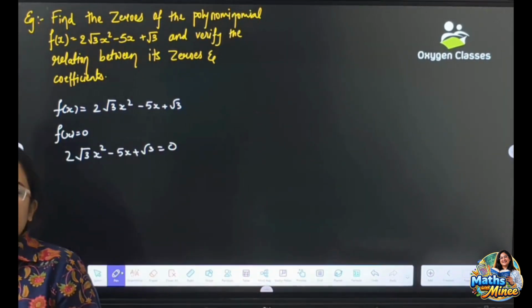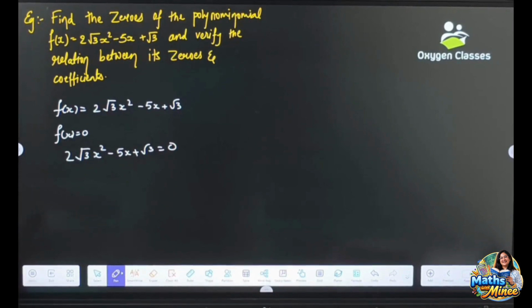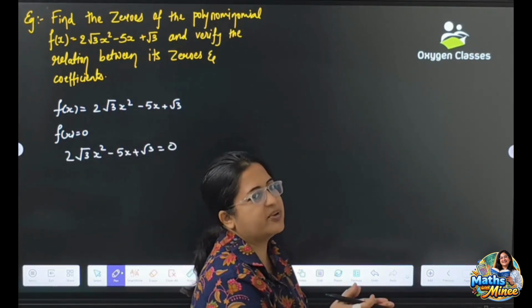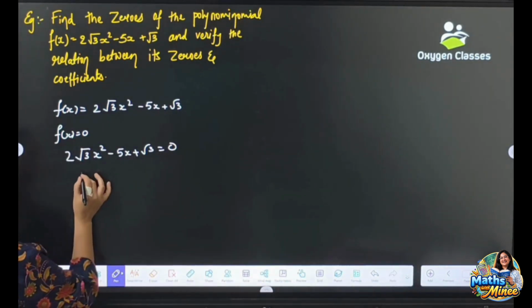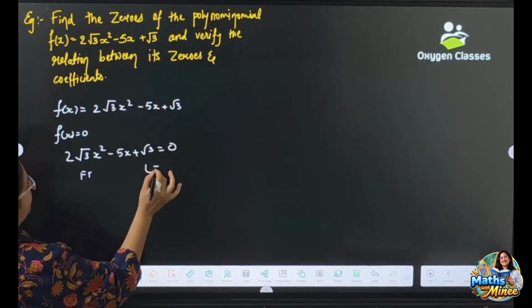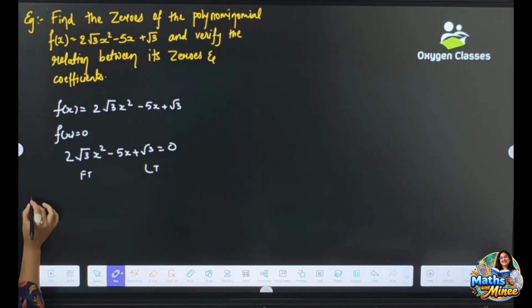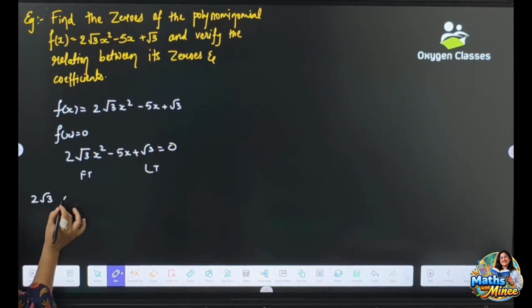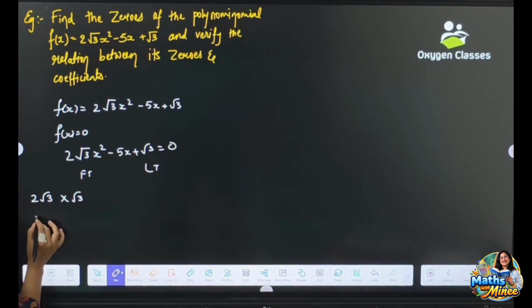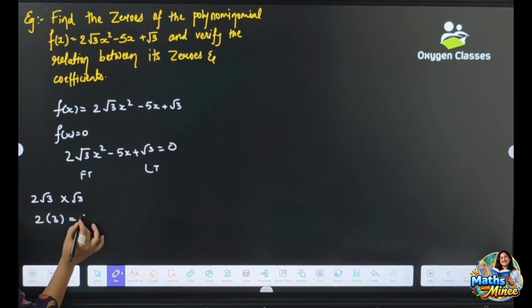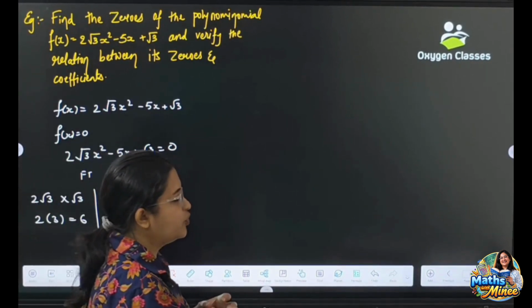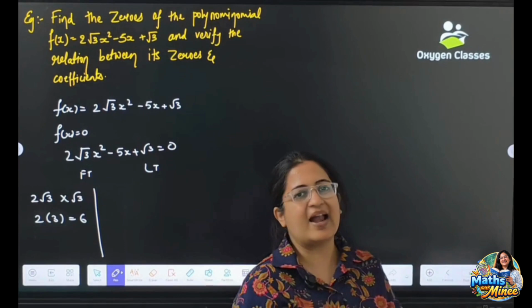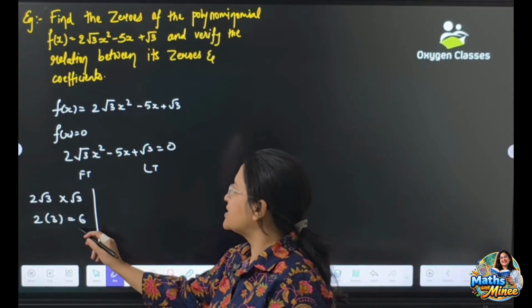पर यहाँ पे हमें simply will go with same formula, splitting the middle term. And while splitting the middle term हमारी formula वही है कि just we have to multiply first term and the last term. तो यहाँ पे suppose if you multiply, this is your first term and this is your last term. So here if you multiply 2 root 3 times root 3, you will get the answer 2 times 3, that is equal to 6, right? मतलब अब मुझे क्या करना है, I have to do the addition and subtraction of 6 in such a way